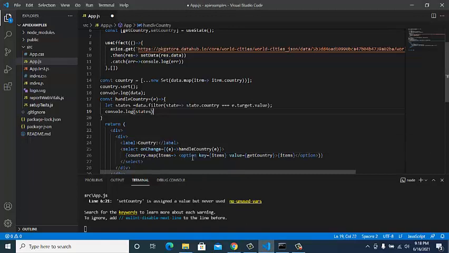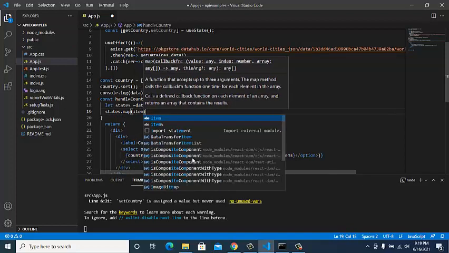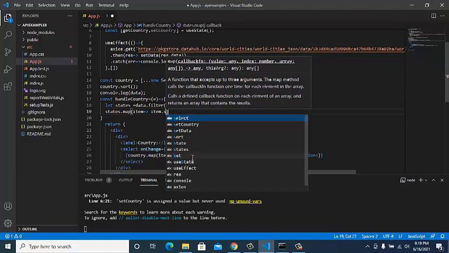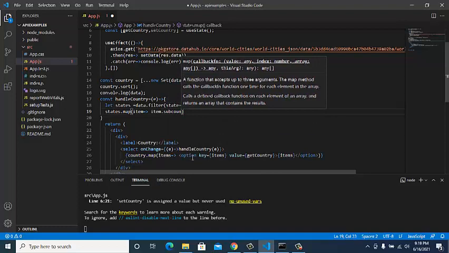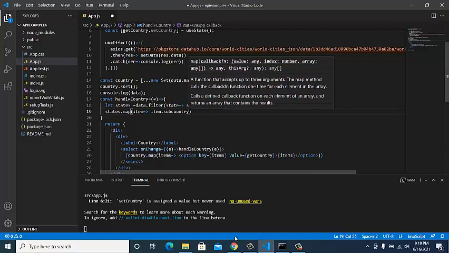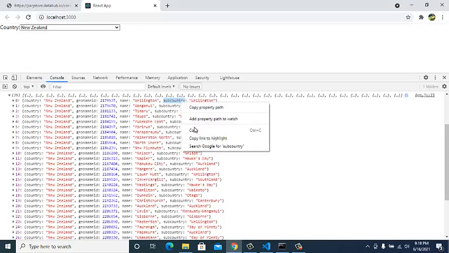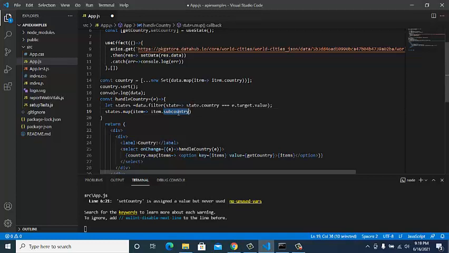To get the unique data, we'll do the same thing that we did for the country. We'll take states.map and use items again, item.sub_country, because it's coming as sub country over here, not state. We have to get this data and use the map method to iterate over it, so that there won't be any spelling mistake.